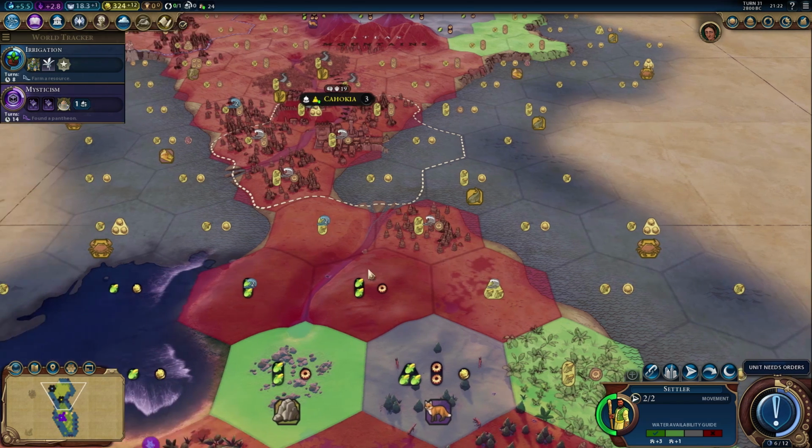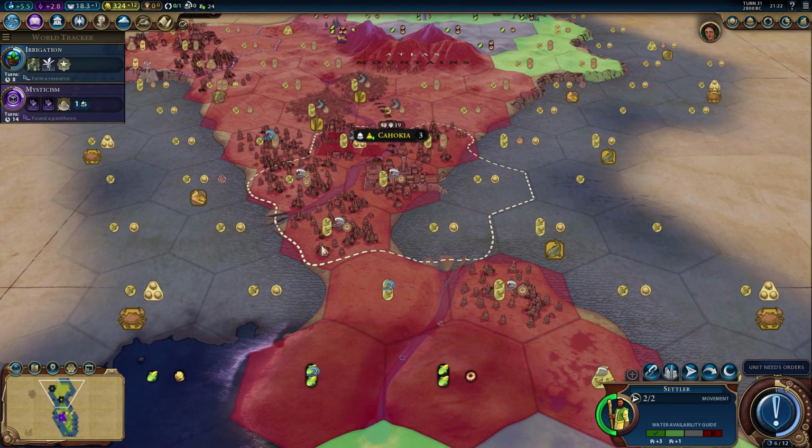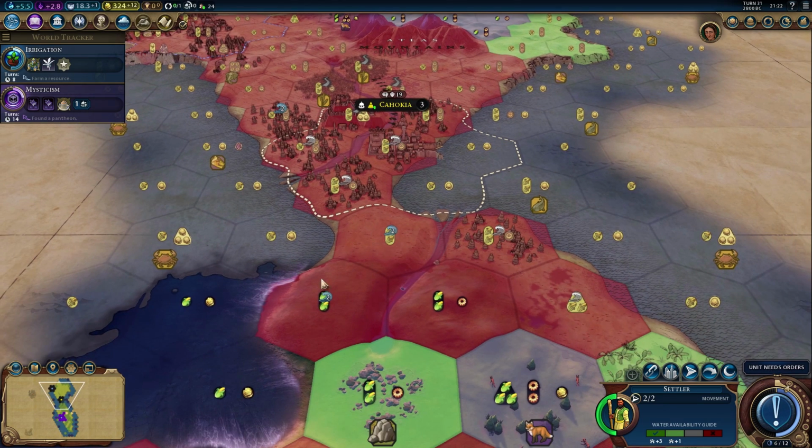That will flood. And then the ones with 2 on, if the sea levels rise a second time, they will go. So if the sea levels rise a second time, this whole middle bit of ground here will be gone. It will be presumably underwater. I don't know. I've not got that far in. So Cahokia will go when...